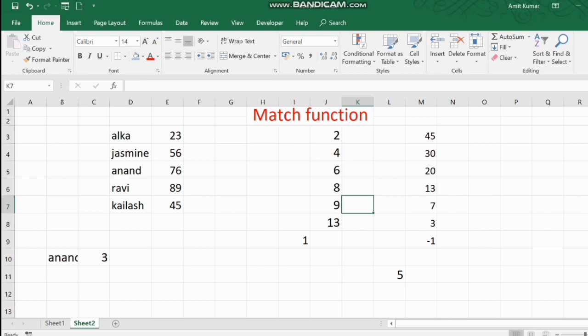We got the value 5 in this position. It means 7th. Why did we get the 7th? Because I told you earlier that if you put -1 as match type, then you will get the exact value or the one greater than that. We were finding 5, but here the value greater than 5 is 7. That's why we got the position of 7.